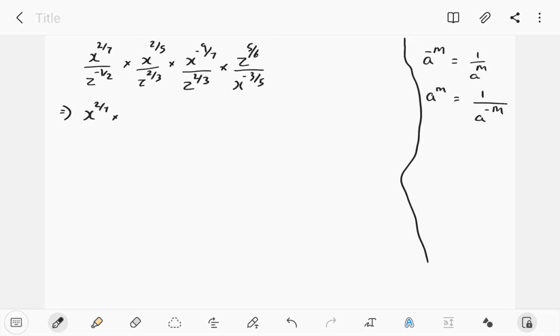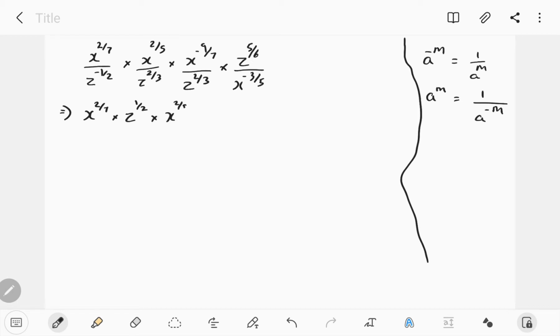Negative of positive is negative, negative of negative is positive. So here already the power is negative, and I have to change the sign of the power. So z base remains constant, negative of minus 1 by 2 will give me 1 by 2,